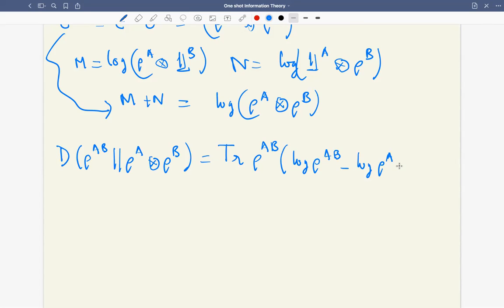Okay, so let me write it down. Now I'll do another quick simplification. Put the brackets. Okay, but this I claim is equal to